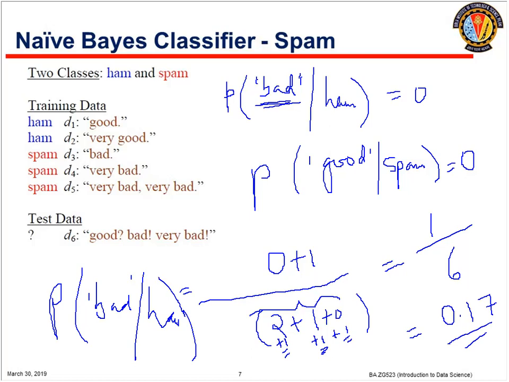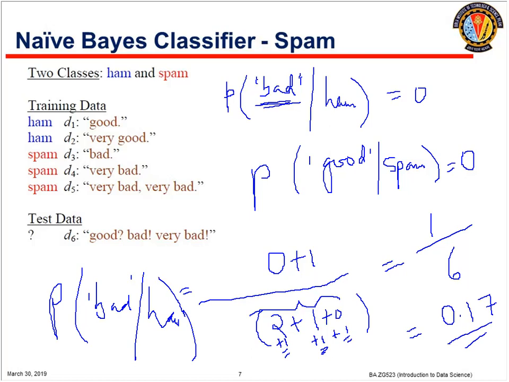So this way, even if the word is not present, you will still give that word some small probability of being present in the particular kind of document, in a particular labeled class. Okay, so here ham and spam are the 2 classes, and similarly, now can you tell me, after applying Laplace